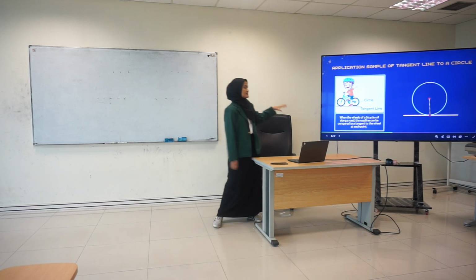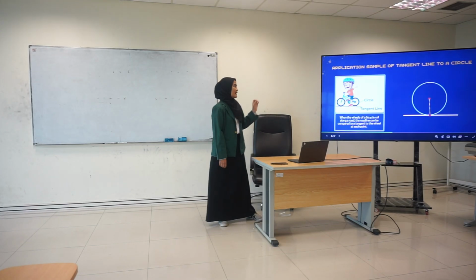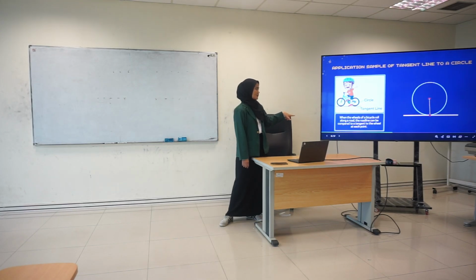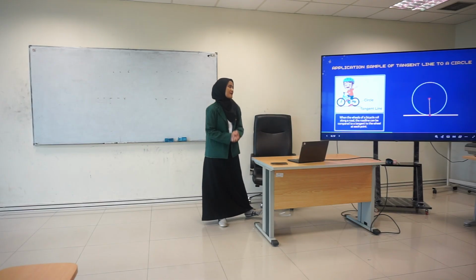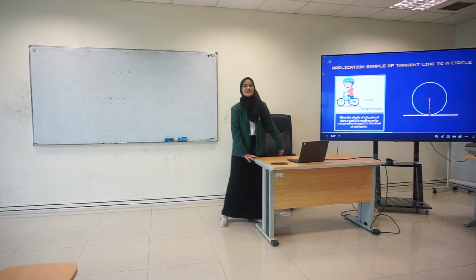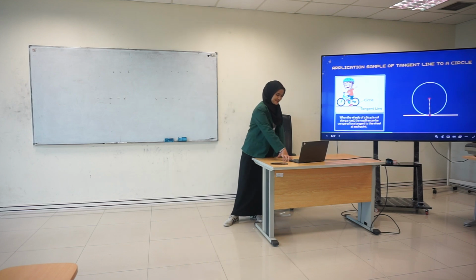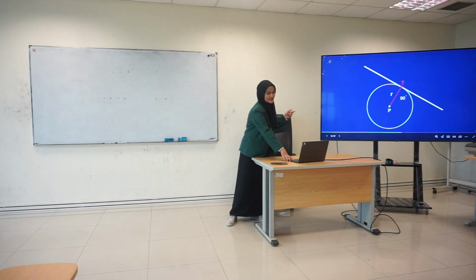The mobile transportation that we see on the street can be an application example of a tangent line to a circle. In this case, I have a boy riding a bicycle. When the wheels of a bicycle roll along the road, the road line can be compared to a tangent to the wheel at each point. So if we see the wheel and the street touching at exactly one point, it is an application example of a tangent line. All clear? Yes.